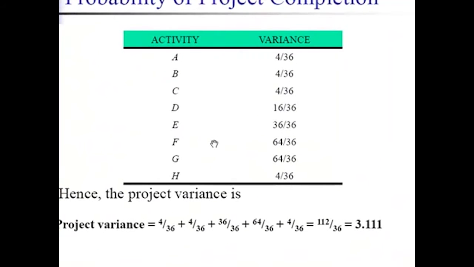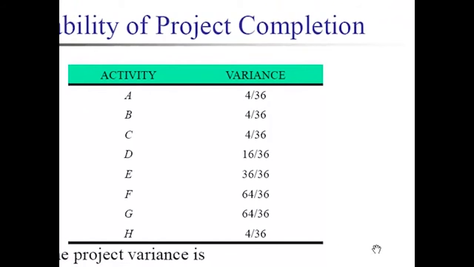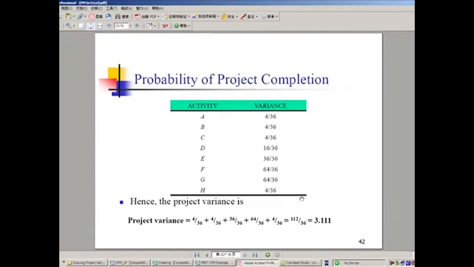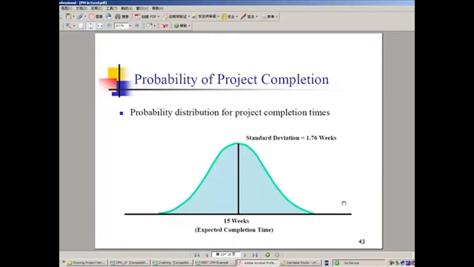So some people argue that using the critical path activities' variances will obtain a close enough approximation for the variance of the whole project. But nowadays, with the help of computer software, it's easier, and normally practitioners with a computer don't need to calculate this kind of project variance terms, because the software will calculate the variance automatically for them with higher precision. But for our example here, let's say